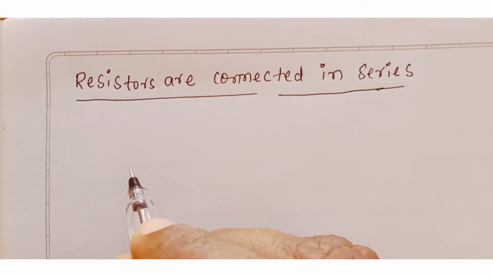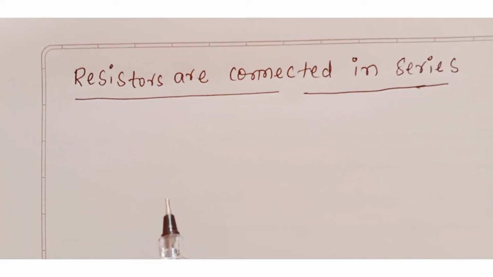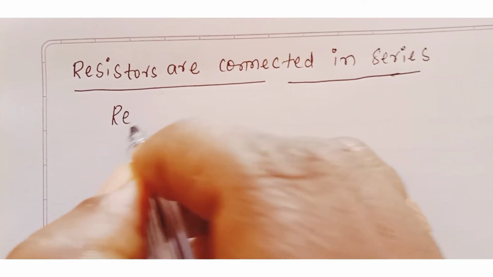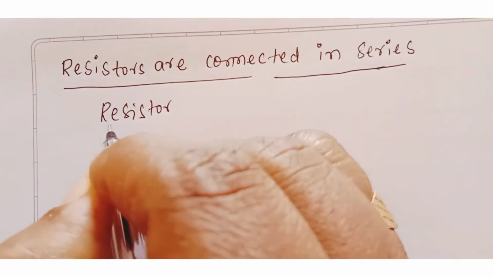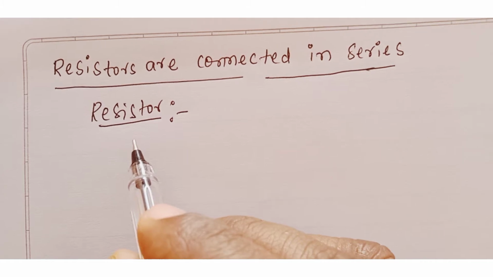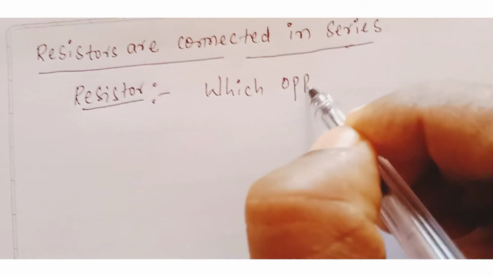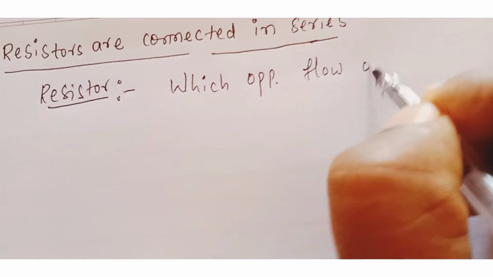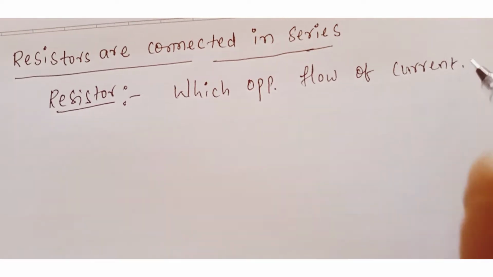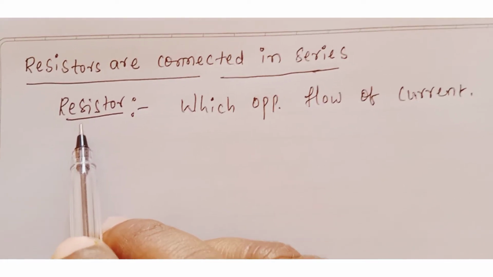In this session, we discuss resistors connected in series combination. Now, first of all, what is meant by resistor? A resistor is a conducting wire which opposes the flow of current. Resistor is nothing but one conducting wire which opposes the flow of current